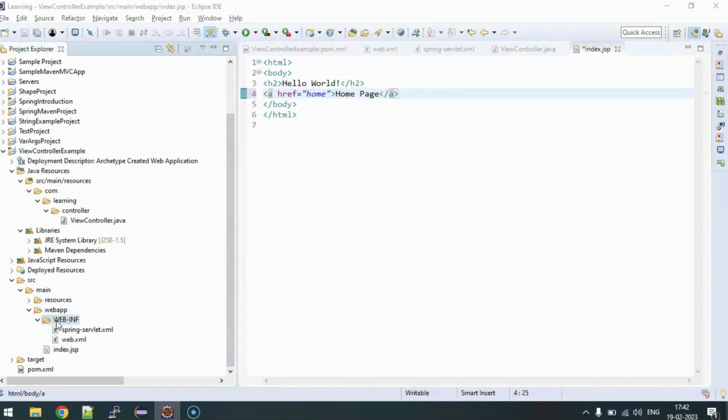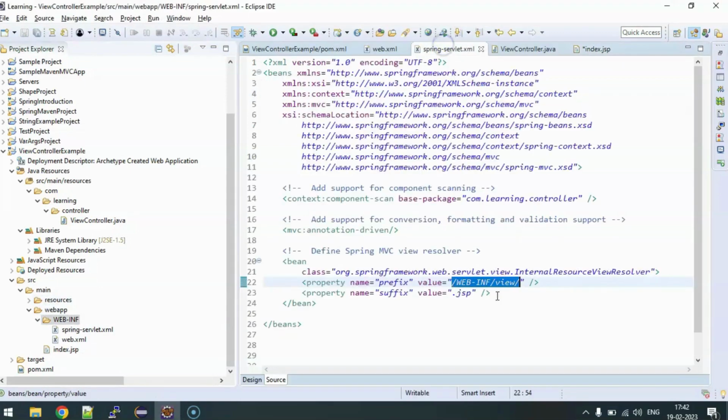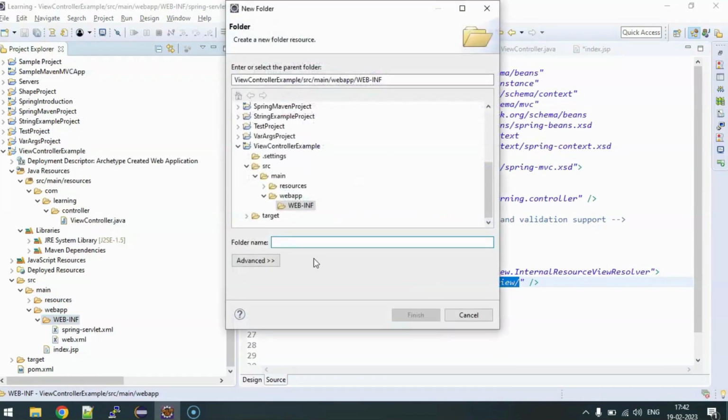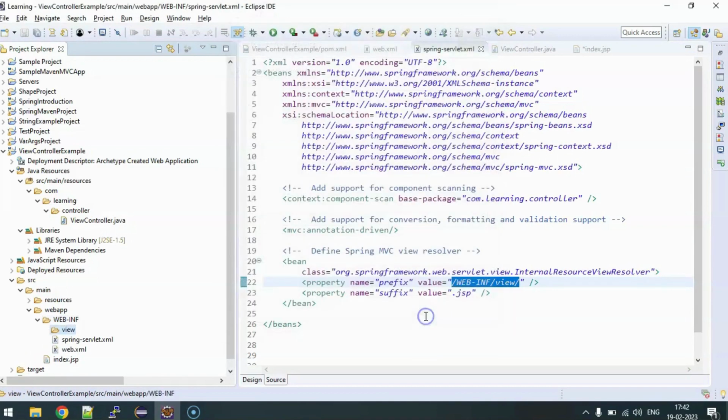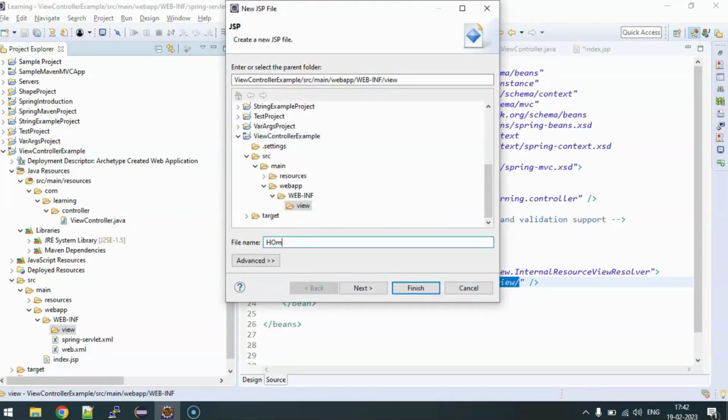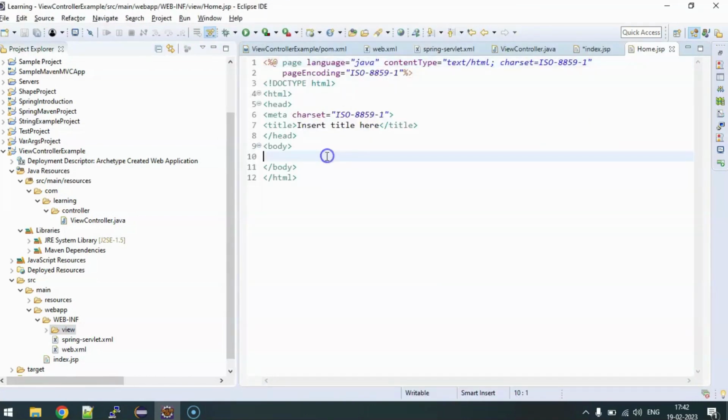And inside the WEB-INF folder, we need to create a folder called view. So we'll right click on WEB-INF, say new folder, and name it view, because that's a folder. Inside this, we'll right click, say new JSP file, and name it home.jsp and say finish. So you have this home page, and we can simply have an h1 tag here that says welcome to home page,